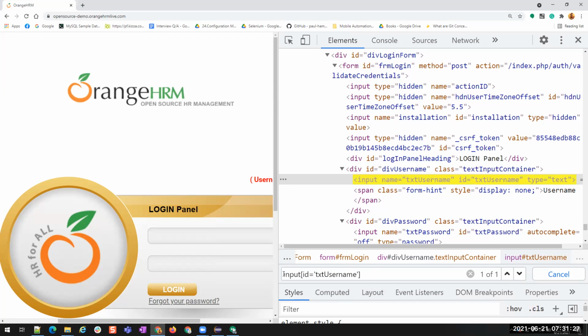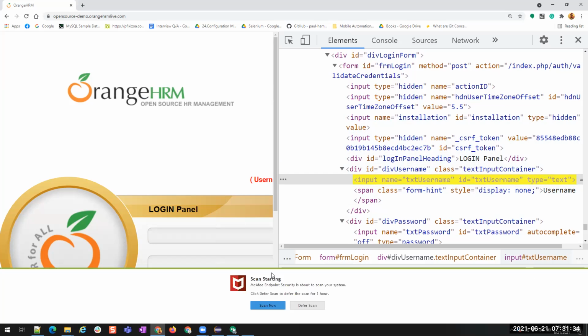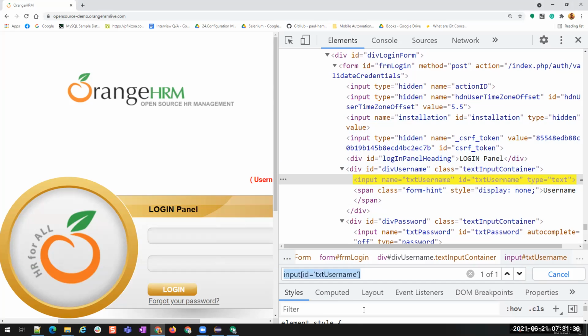Yeah. Without / and without @ also, it is able to find the element, because this is the way that we write the CSS technique. Understood? That's all. It is pretty simple. You can have without double slashes and @ symbol. That's all. That is the CSS. Okay. So this is one way that we can write the CSS locators for elements.